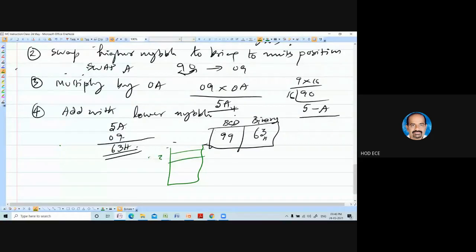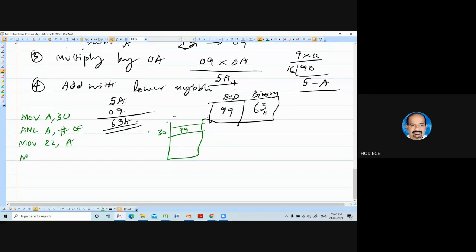Memory location 30 is containing the input 99. MOV A, 30H, and logical with the mask code 0F. Move it to save it in some register R2.